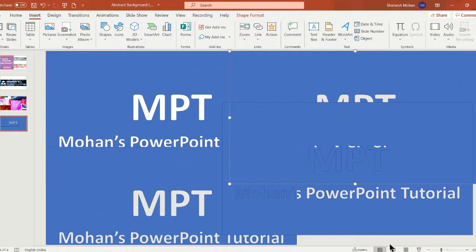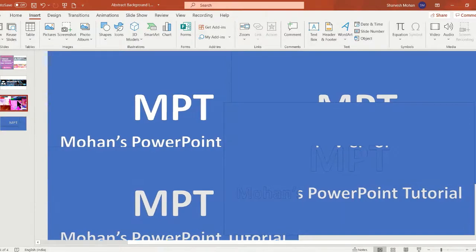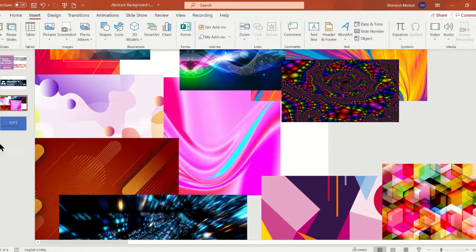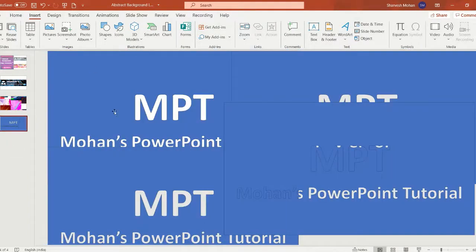Let's go and select any one of the abstract backgrounds. Click on this, cut, Control X. We are cutting and we're going to paste it in one of the rectangles.